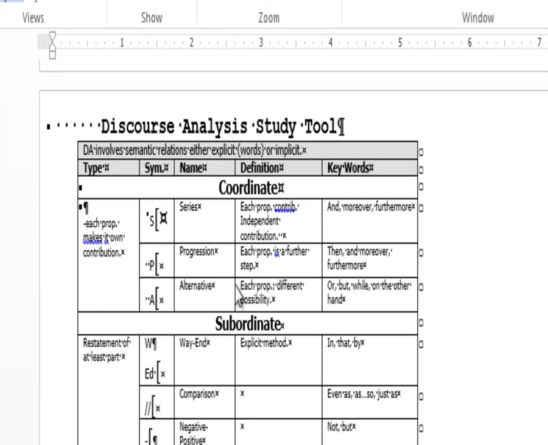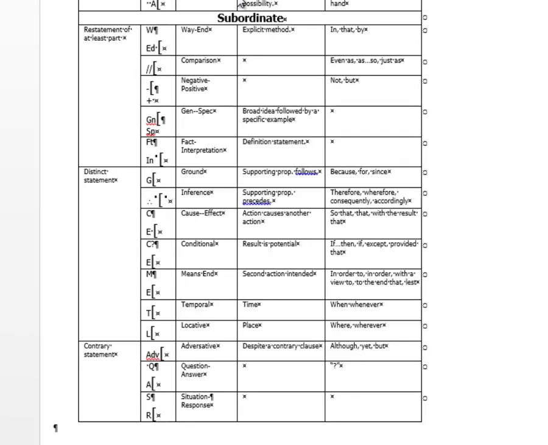So, of course, we all know that there are plenty of propositions that are not coordinate. That is, they don't stand alone. Namely, one proposition supports or stands in a subordinate position to another proposition. And here we have the remaining options below. And so these are categorized into three major sections. The first one says that the